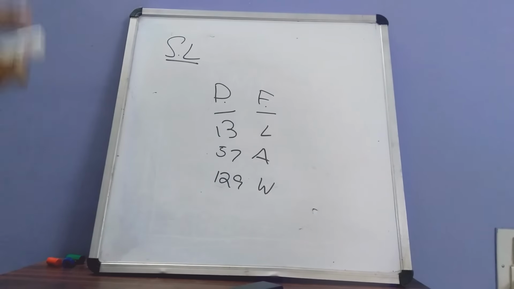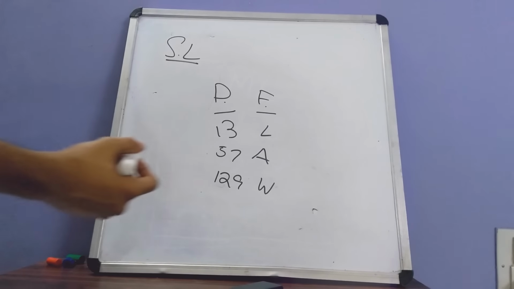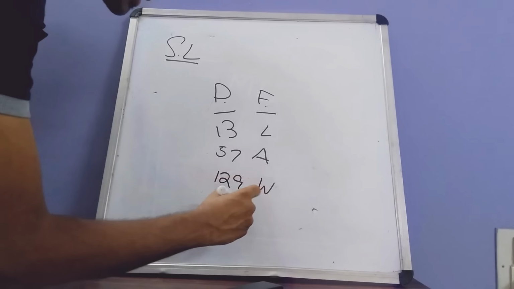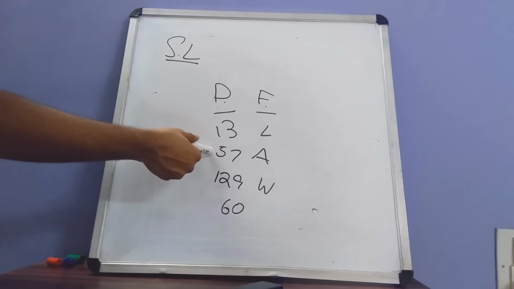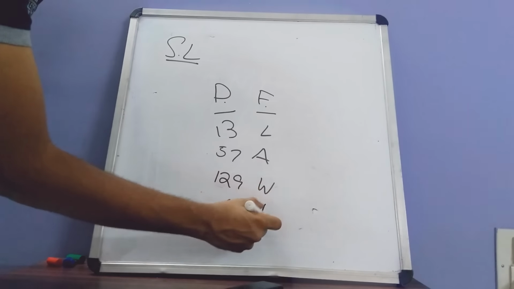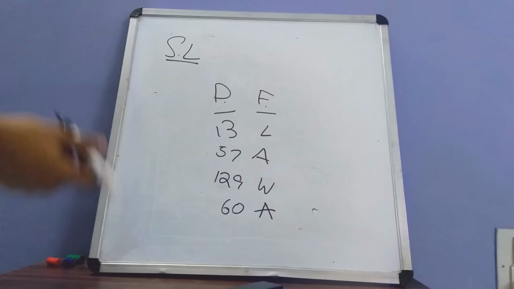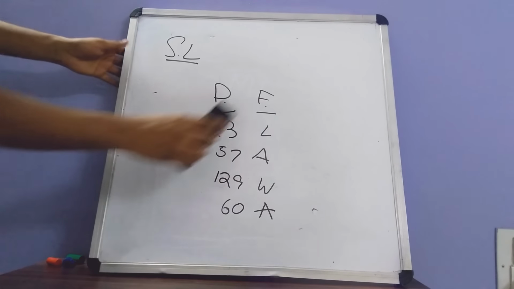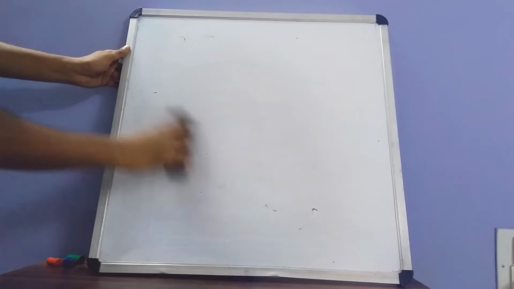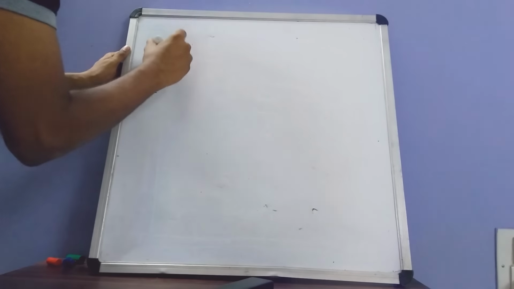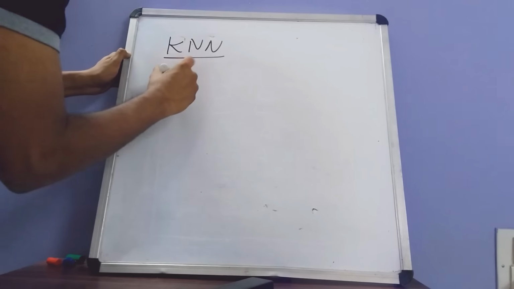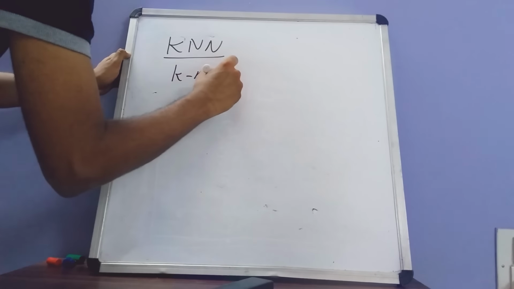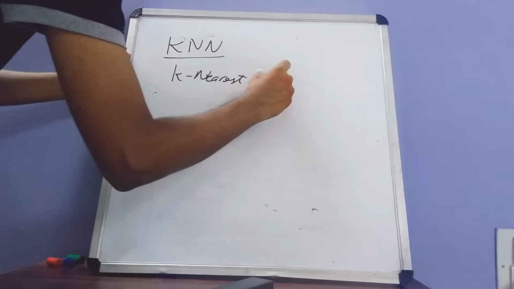So it learns from this input training data. And in the future, if it sees an unknown fruit of a diameter, say 60 millimeters, it should be able to understand that since 60 is closest to 57, it must be an apple. So now that we know what classification is, let's look into KNN. Now the KNN algorithm is a very fundamental type of classification algorithm, and it's a short form for K nearest neighbors.